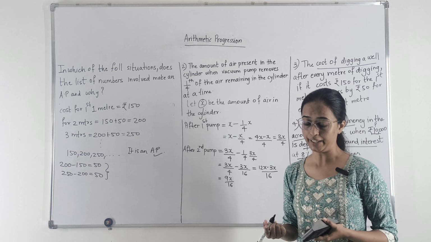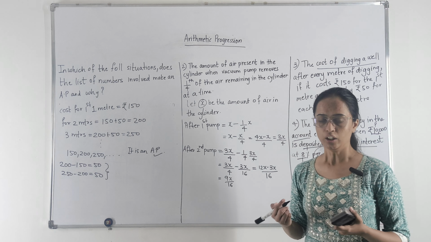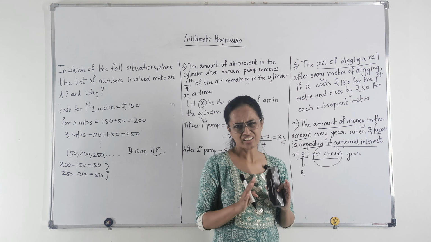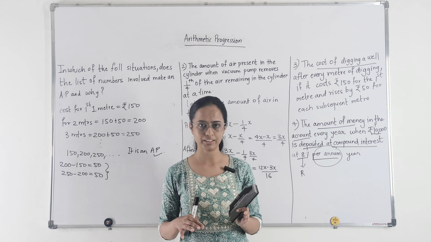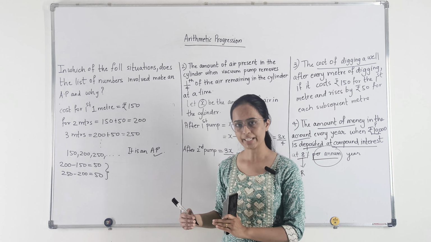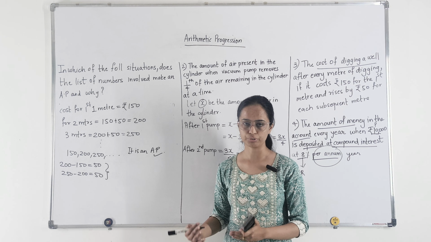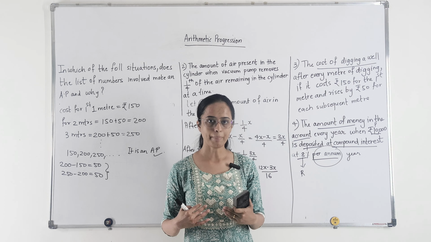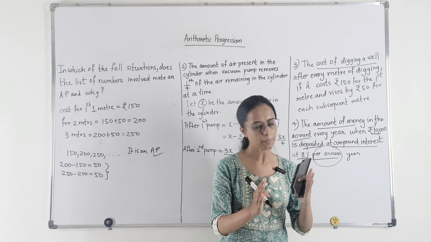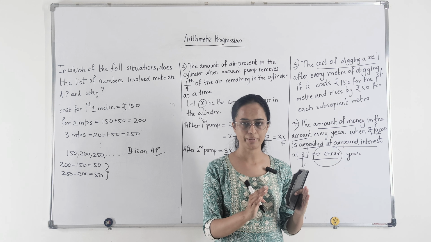So first year जो भी principal amount है उस पे 8% का interest लगेगा. तो वो मिला के at the end of the year you are going to get some amount. So now they haven't given कि कितने साल के लिए the money has been kept. We are supposed to calculate the amount that you would be getting after the end of 1 year, after the end of 2 years and so on, and whatever amount we get, we are going to form a sequence of that. So first you're going to start with 10,000, that is your principal amount.